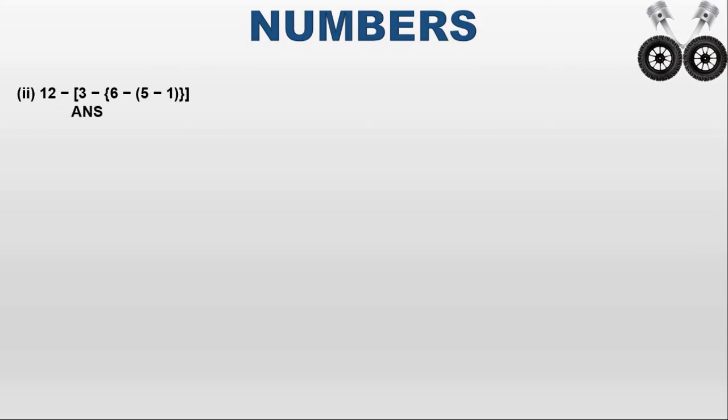Okay, we have to find the answer for this. What I said in the last problem itself, the bracket which is inside should be executed first. So here which bracket is inside? Normal bracket is inside. What is the operator inside the bracket? Subtraction. What are the operands here? 5 and 1. So 5 minus 1. What is the value of 5 minus 1? 4. So we have to write the remaining factors as they are. So 12 minus 3 minus 6 minus, 5 minus 1 is 4.